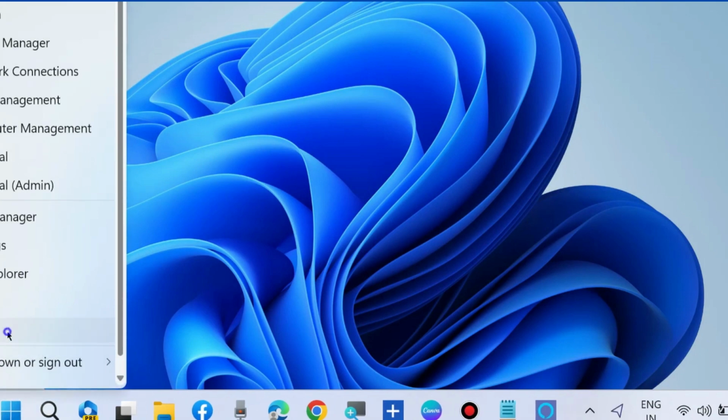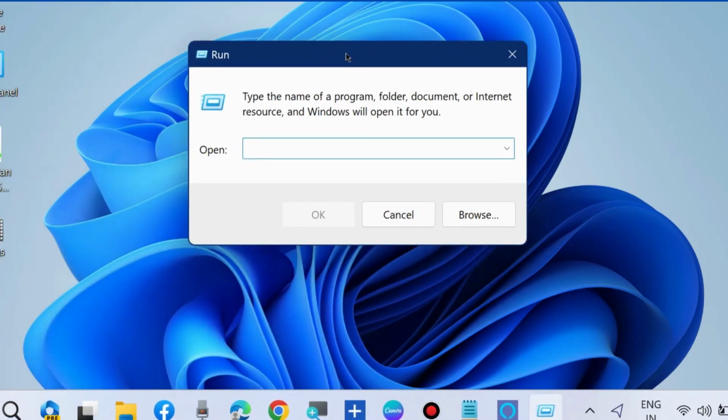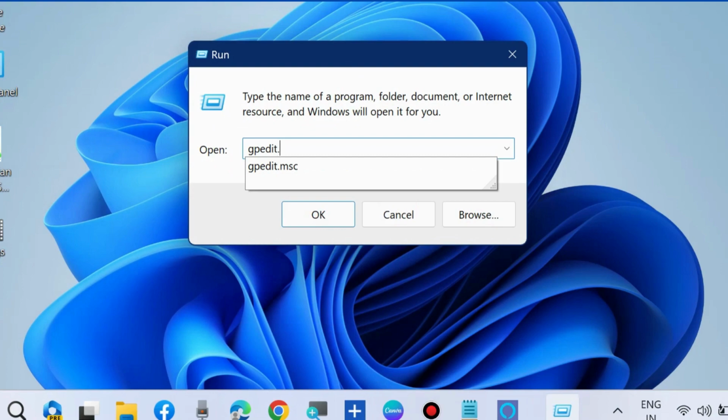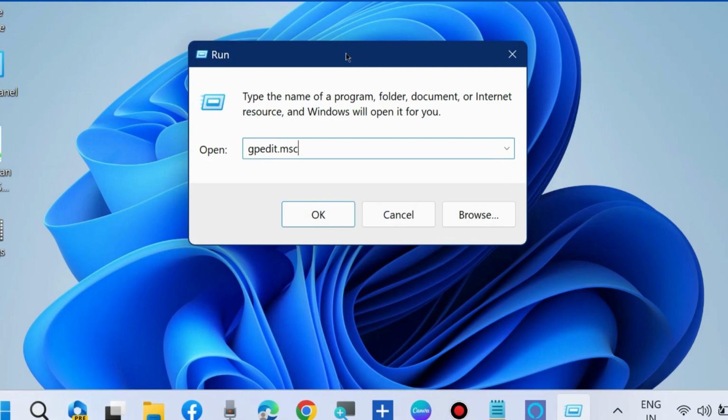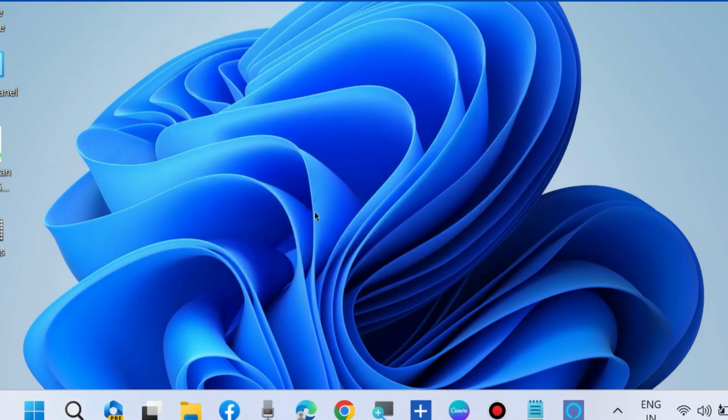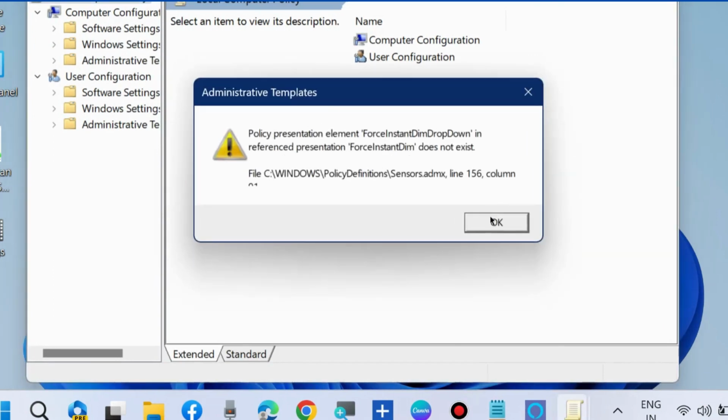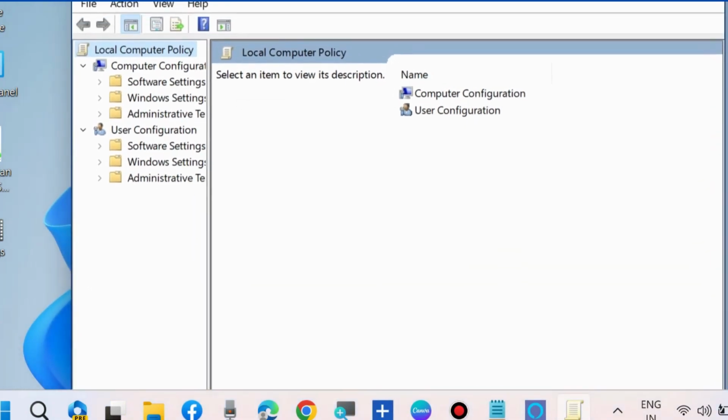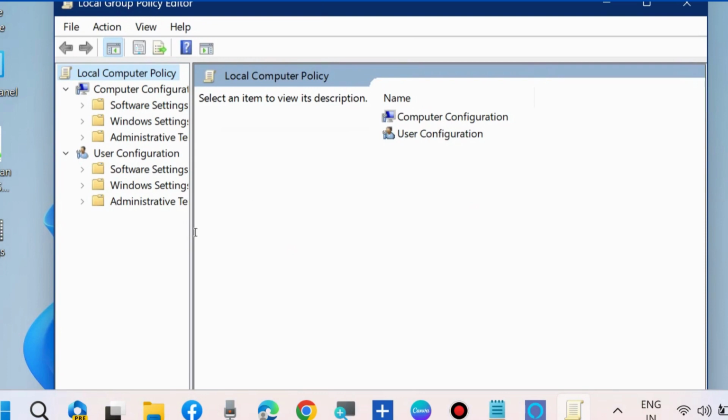The second way is through Group Policy Editor. Press the Win plus R shortcut key to launch the Run command box and here type gpedit.msc to open Local Group Policy Editor in Windows 11 and Windows 10. Here, from the left pane under Computer Configuration, expand